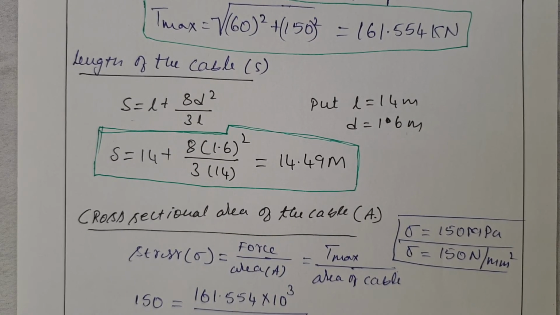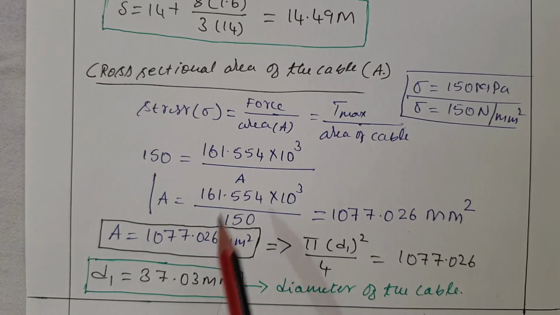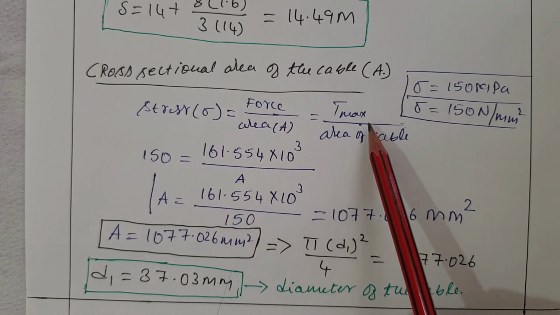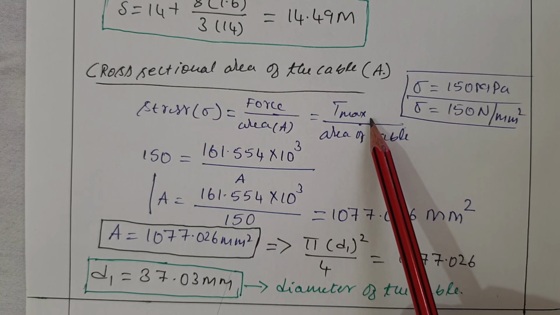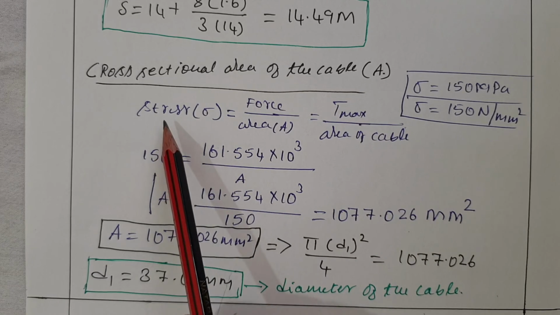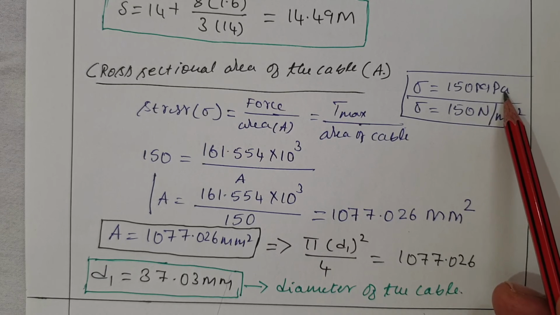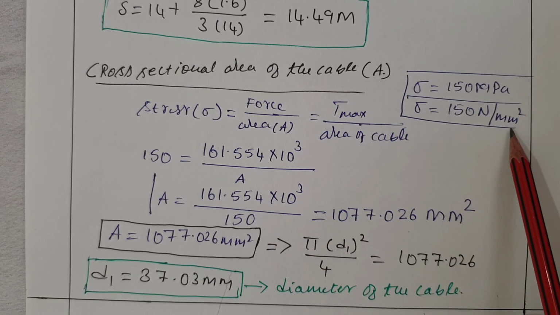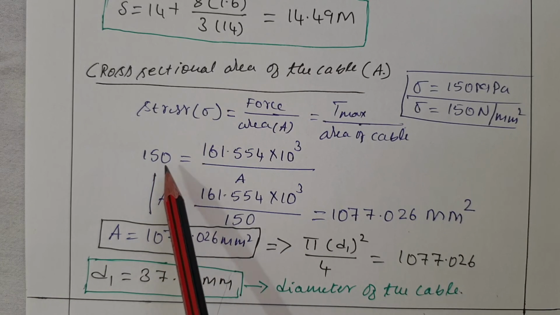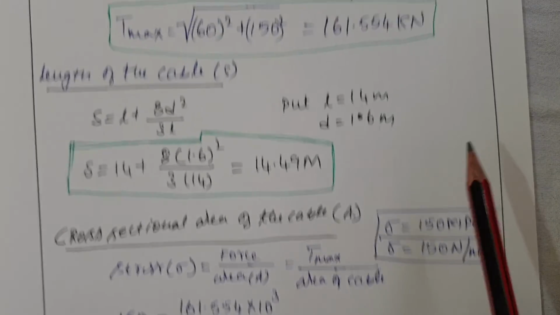Okay, in addition to that, we have to calculate the cross-sectional area of the cable. For that, in order to calculate the cross-sectional area, we know stress will be equal to force by area. Here, in place of force, we have to consider the maximum tension in the cable, and it should be divided by the area of the cable. Okay, and they have given the stress as 150 megapascal. Then 150 megapascal we can write as 150 Newton per mm square. That is what I considered, directly 150. What I am doing is, we know the maximum tension in the cable from the previous one, it is